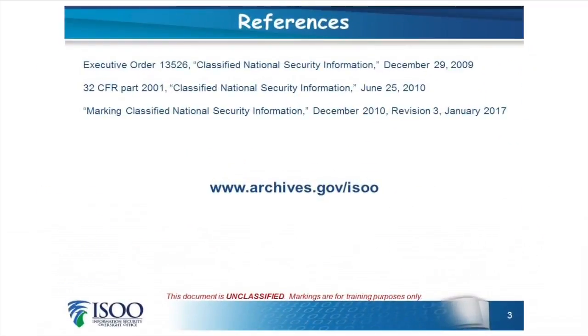We have 3 primary references that we use for derivative classification. Executive Order 13526, titled Classified National Security Information, prescribes a uniform system for classifying, safeguarding, and declassifying national security information. 32 CFR Part 2001, also titled Classified National Security Information, is the implementing directive for the Executive Order, and our marking book provides additional marking guidance. All of these documents are available on the ISOO webpage at